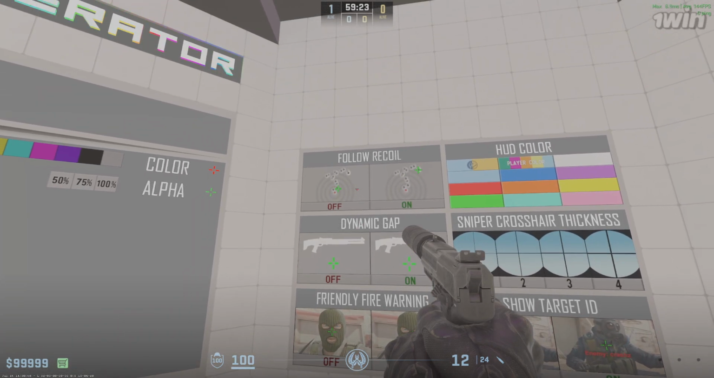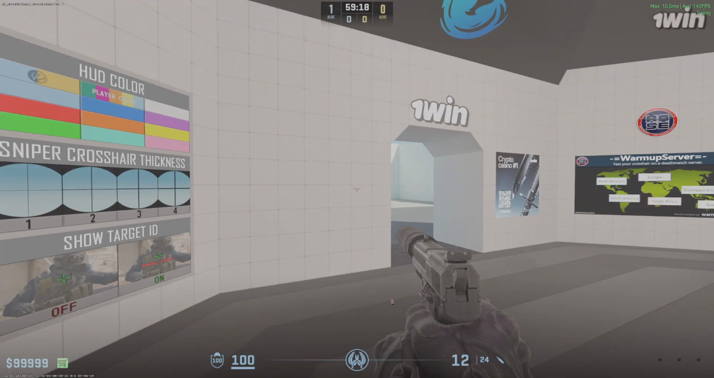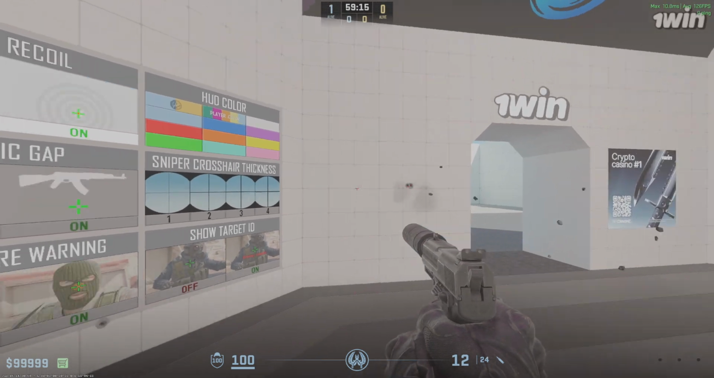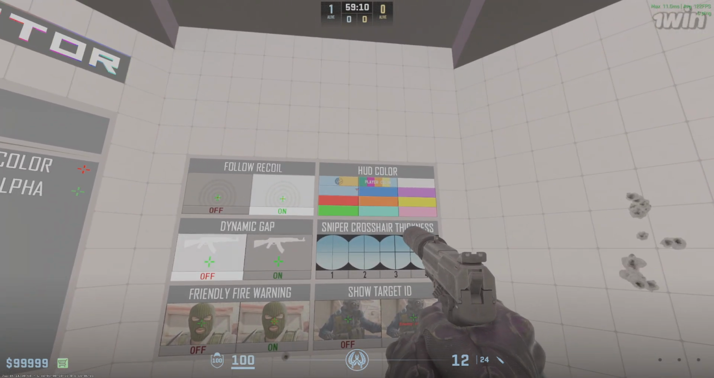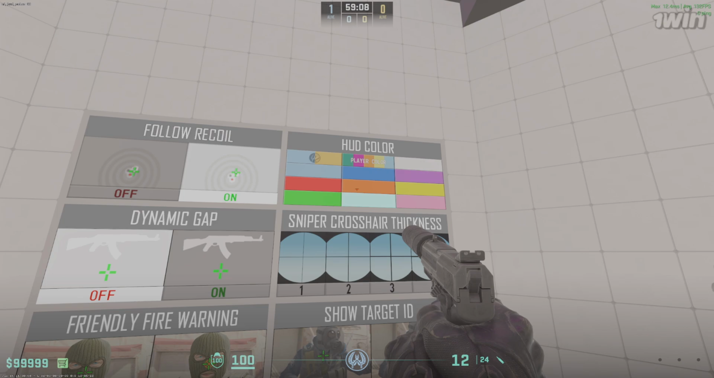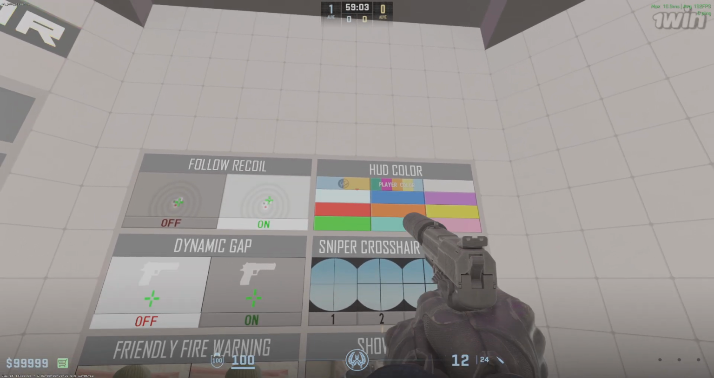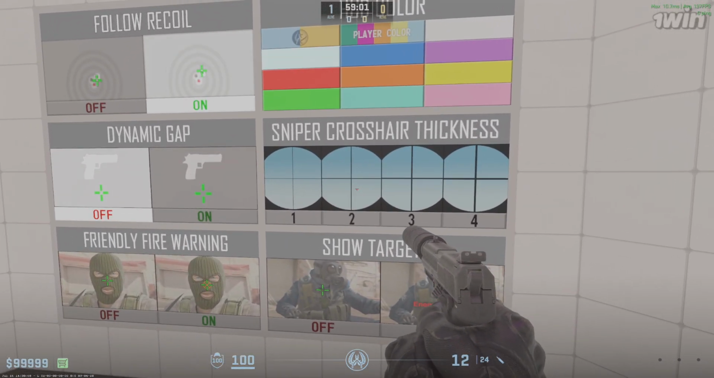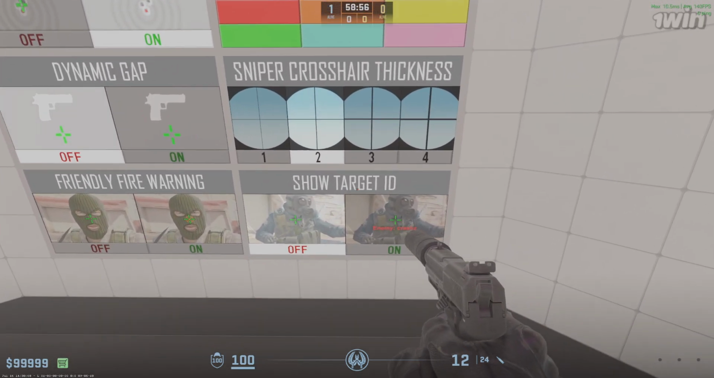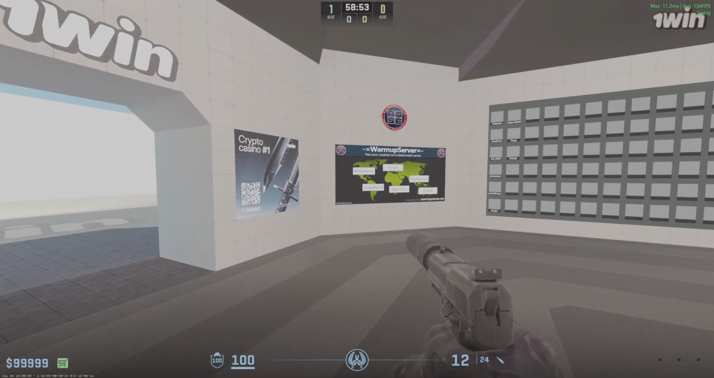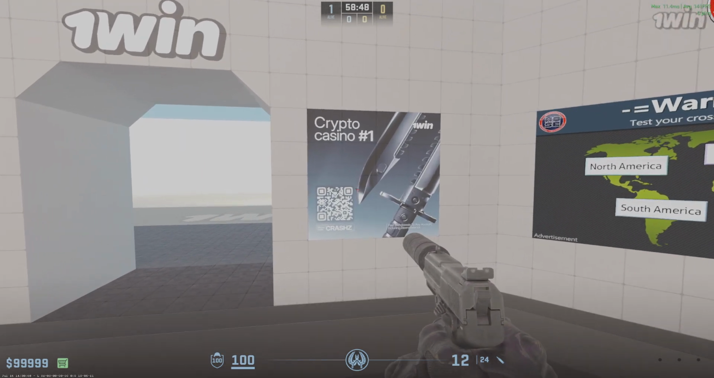Next, you can follow recoil, enable dynamic gap, change HUD color, change sniper crosshair thickness, show target ID, select warm-up server,